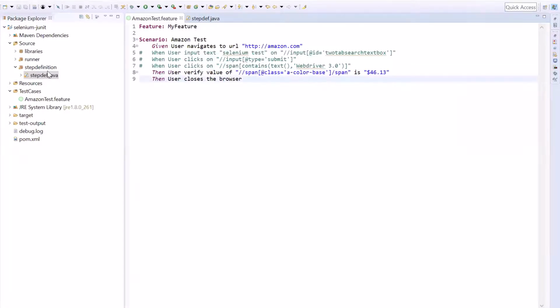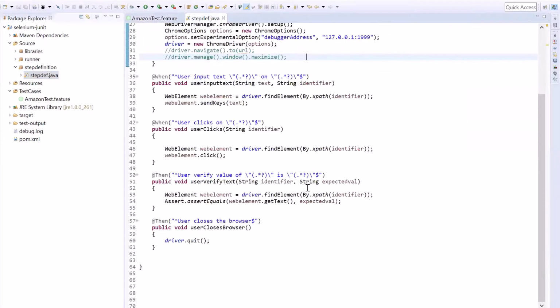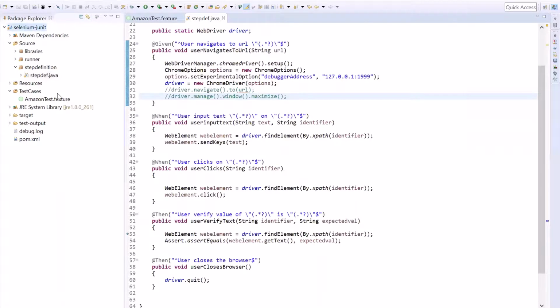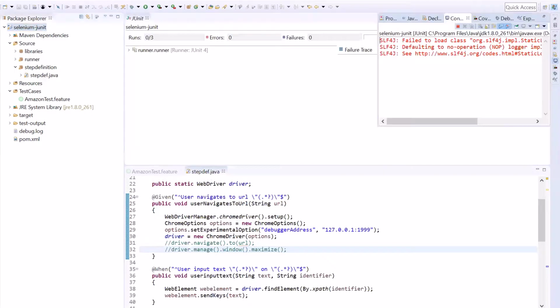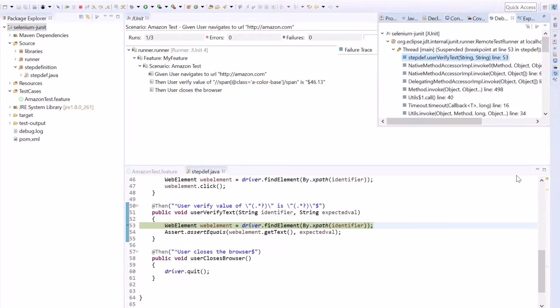Then go to the particular line of code where your scripts are failing or where you would like to place the breakpoint. Insert the breakpoint and then run your script in debug mode. You can see that we have directly landed at the breakpoint without executing the prerequisite steps.